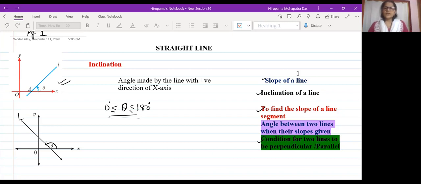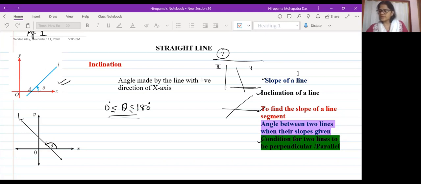So we have three categories of lines. Basically the line may be like this. We can have a horizontal line or a vertical line, or the line may be like this, making some angle with horizontal, the ground you can say, or the line like this. So the first category you can say is the horizontal line. The second category is the vertical line, and the line which is neither horizontal nor vertical can be taken in the third category.